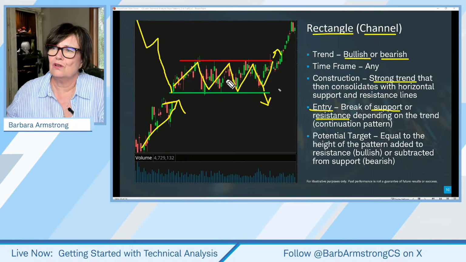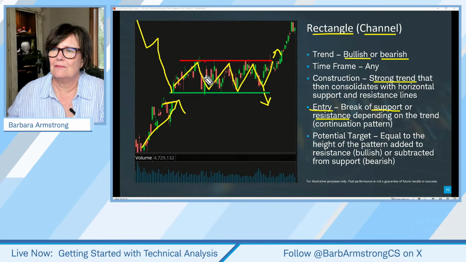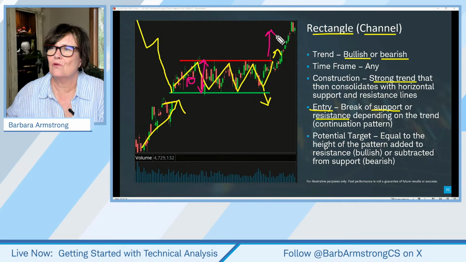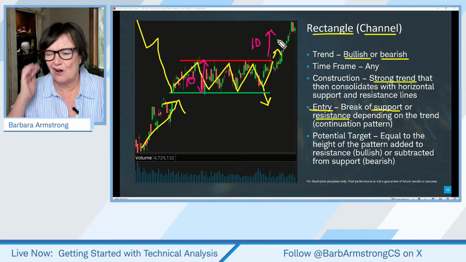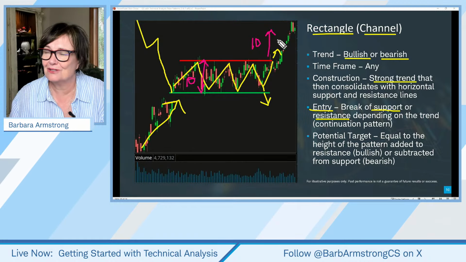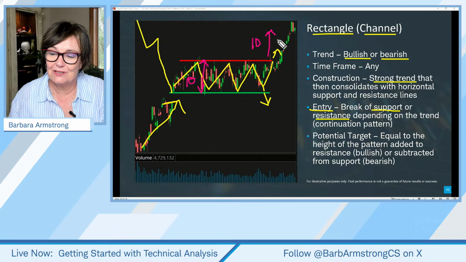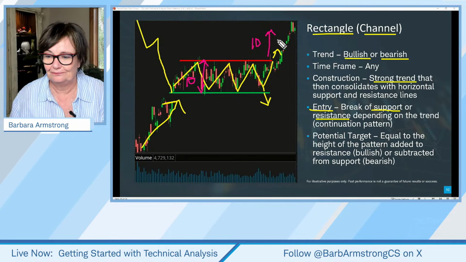And so, if we're looking for a target, how might we determine a target? Well, if we say, okay, the width of this pattern is about $10 from top to bottom. So if that's about $10 and it breaks to the upside, then we'd be looking for about a $10 move to the upside. Now, is it a guarantee that it's going to move up $10? I wish. There are no guarantees. But sometimes it works out so spookily, almost spot on. It's crazy. And then sometimes it gets kind of close. And then sometimes, as we saw with Walmart recently, it's a total fake out. Okay.